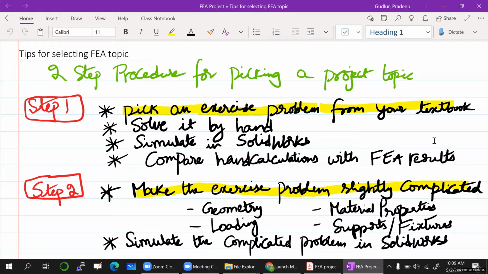For your FEA project, each team needs to pick their own topic and simulate in SolidWorks Simulation Express. So here I have a two-step procedure that will help you pick a project topic. Otherwise, you would be lost exploring something in SolidWorks. So this procedure will make sure you can finish the project within the next 4 weeks that are left in